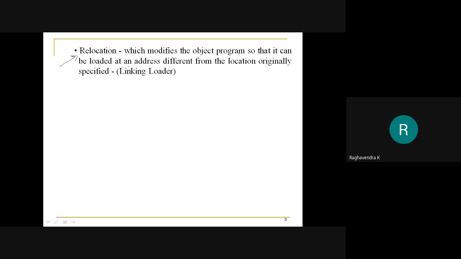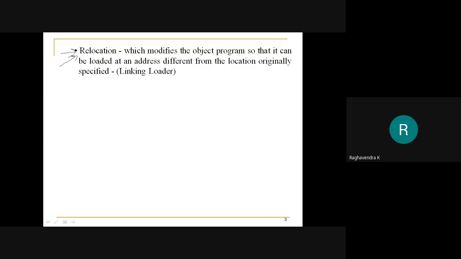In order to do this, the program has to be a relocatable program. If it is relocatable, the loader would be able to load the program where the memory is available and start its execution. This process is called relocation.